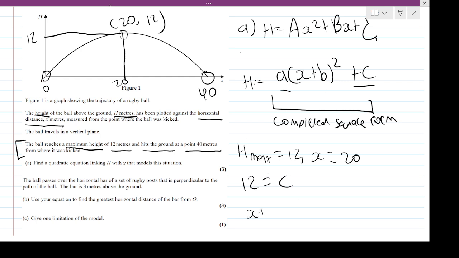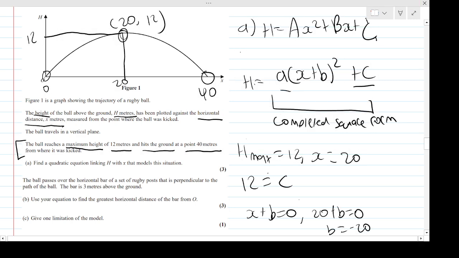So that means x plus b has to equal 0 as well. But we know the value of x when it's at the maximum point. It's 20, right? So actually then we can say 20 add b equals 0. So b is negative 20,